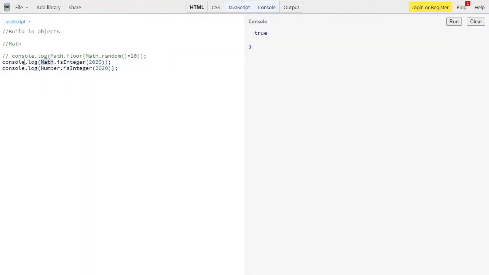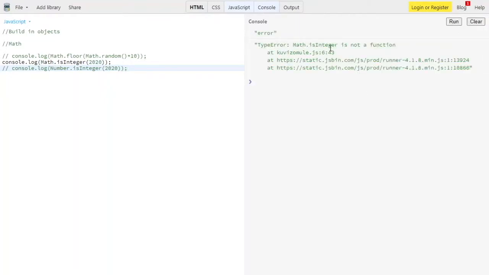If I try to run this Math.isInteger 2020, then it will give me an error, because isInteger in the ES6 version is not present in the Math object. Let me clear the console and run it. See, it's giving me an error, isInteger is not a function or not defined, something like that.